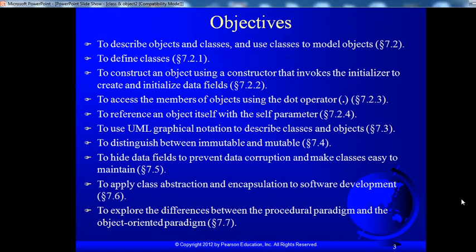Also, to use UML, the Unified Modeling Language graphical notation, to describe classes and objects, to distinguish between immutable and mutable, to hide data fields to prevent data corruption and make classes easy to maintain, to apply class abstraction and encapsulation to software development, and finally to explore the difference between the procedural paradigm and the object-oriented paradigm.